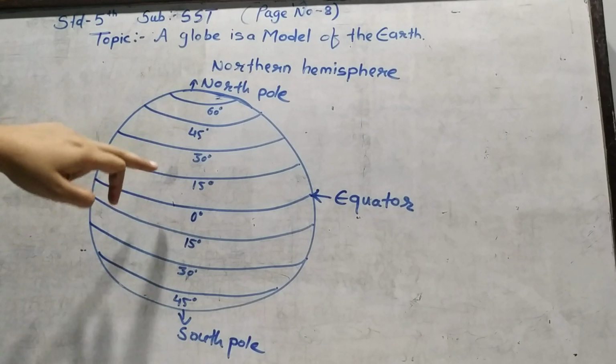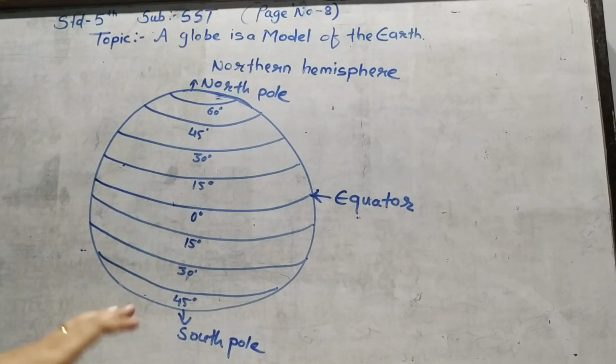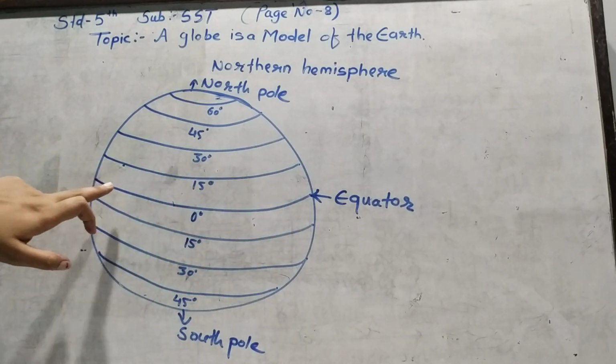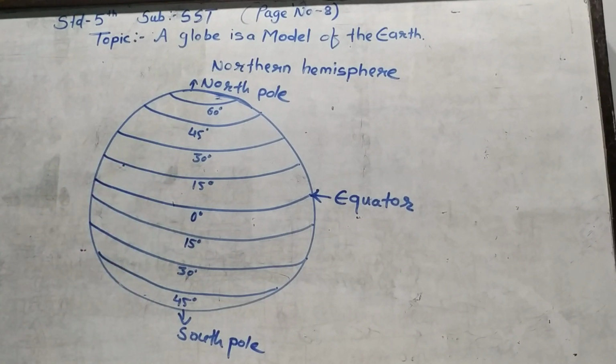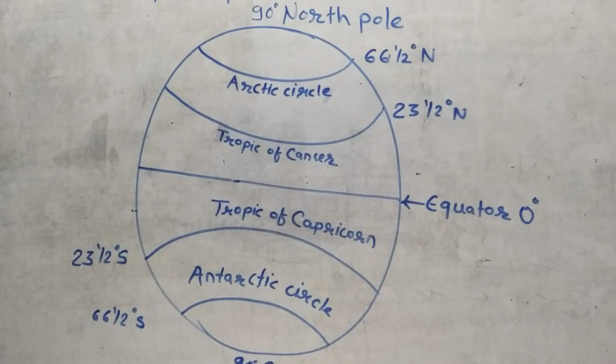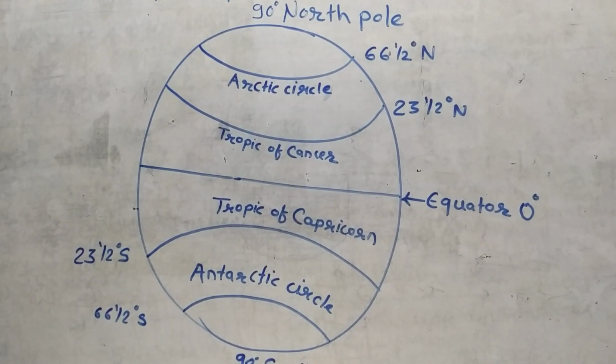Other lines go on decreasing when we go upward towards the north pole or downwards to the south pole. The equator, which is 0 degree latitude, is the biggest latitude, right? The size of this line is the biggest latitude, 0 degree, which is known as the equator. Some other important latitudes on the globe have been given special names. As we see, there are many lines which are parallel to the equator. Some lines go upward to the north pole and some go downward to the south pole.